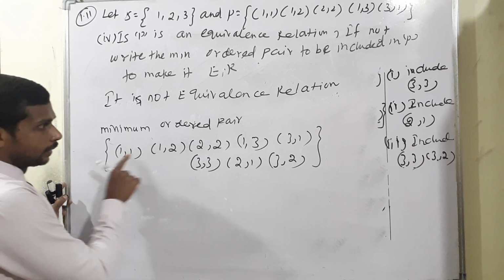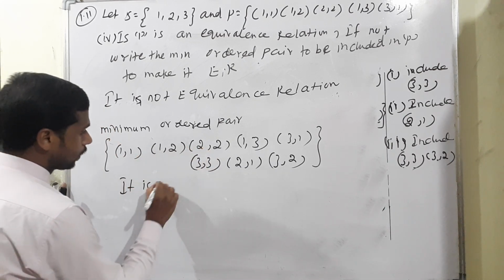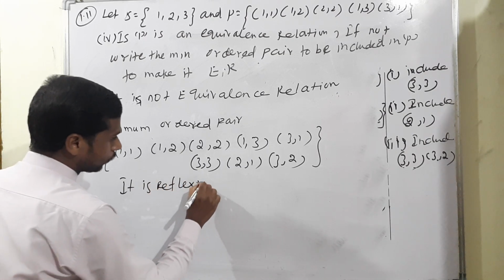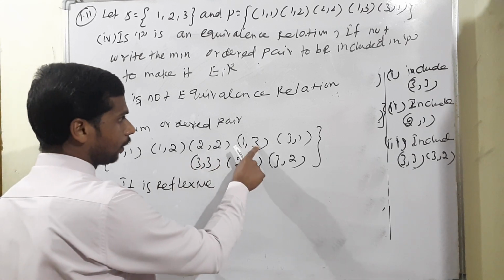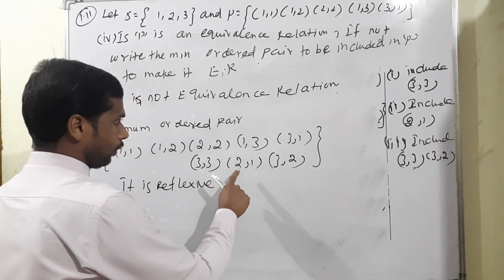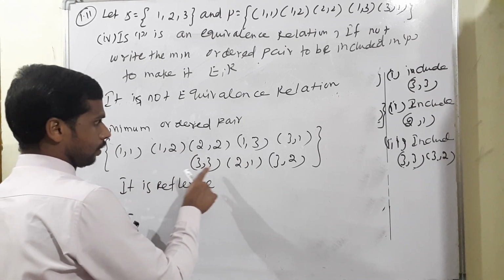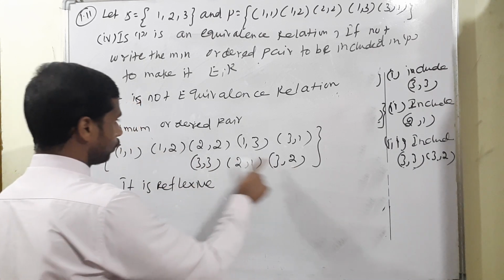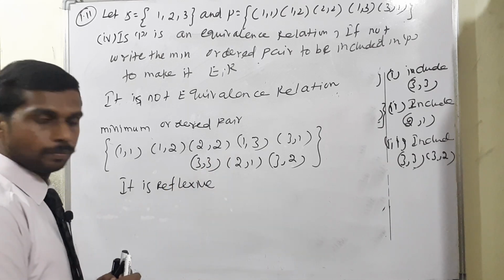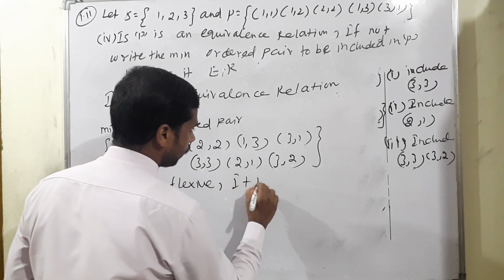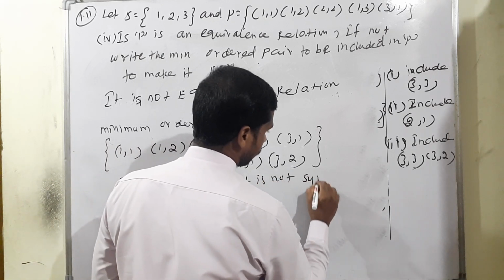Check it, 1 comma 1 is there, 2 comma 2 is there, 3 comma 3 is there. Definitely we can say it is reflexive. Condition number 2, okay, 1 comma 3, 3 comma 1 is there. Then 2 comma 1, 1 comma 2 is there. Now 3 comma 2 is there, but 2 comma 3 is not available. Therefore, it is not symmetric,